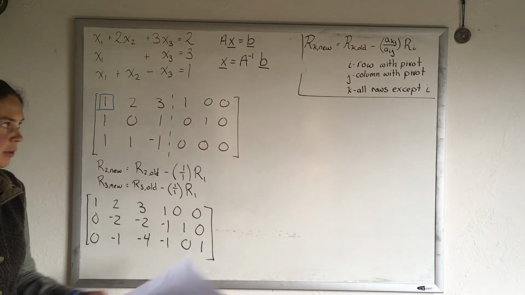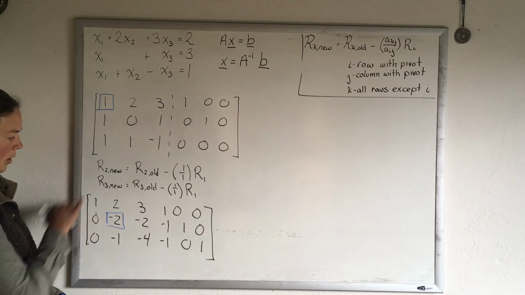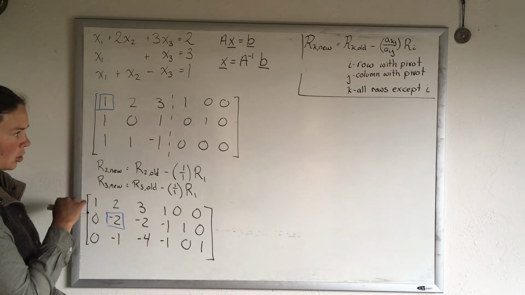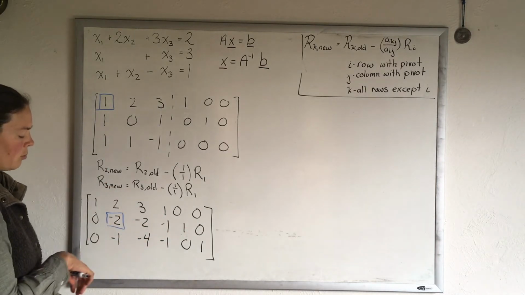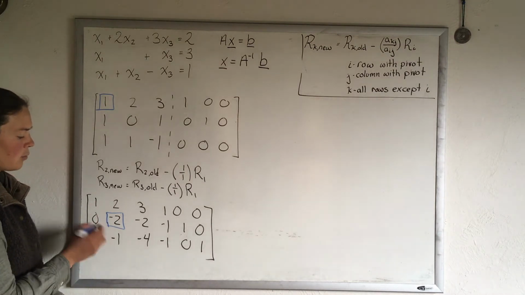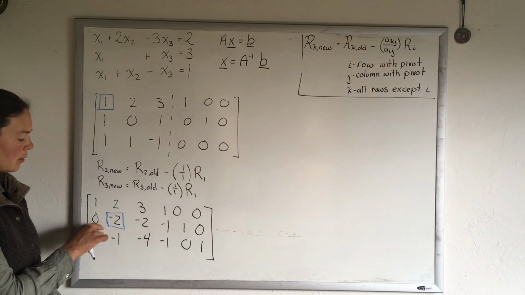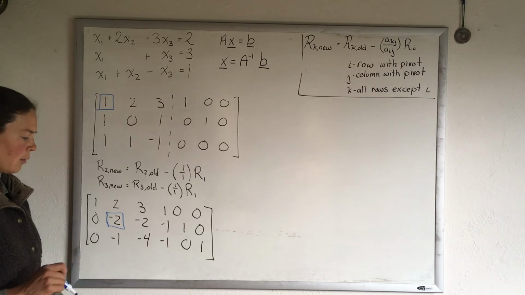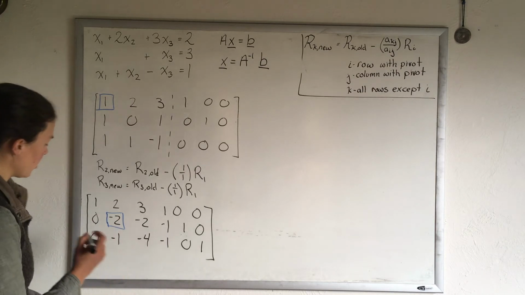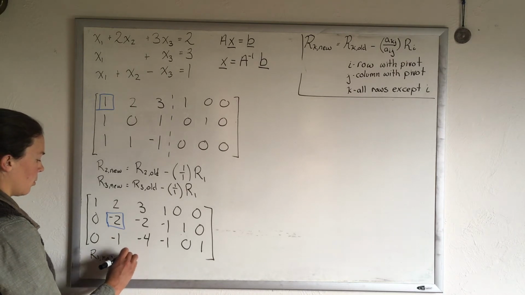And now our second pivot element is the negative 2. So the next row, so we did row 1, now we're going to do row 2. The first column with non-zeros here or anywhere below. And this is where we might think about doing row interchange if we had a larger magnitude value somewhere in this column below. But here, negative 2 is the largest magnitude between negative 2 and negative 1, so no row interchange is needed. And now we'll say our row 1 new is our row 1 old